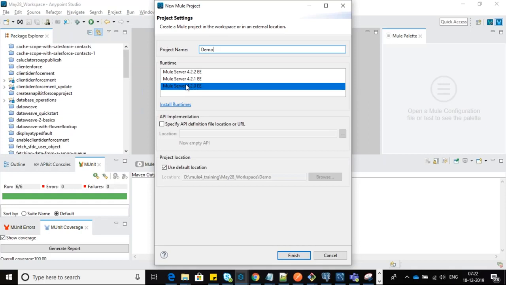Okay. So this will come into the picture when you try to deploy into the cloud, when you try to deploy into the Mule runtime manager. Whatever version you created the project with, you have to choose a similar version while deploying. We'll see clearly how to deploy into production and so on.